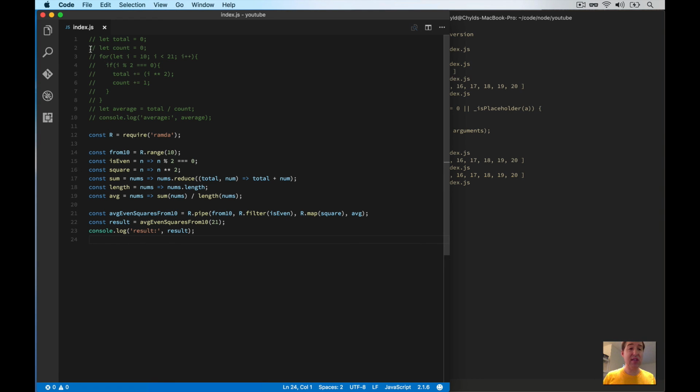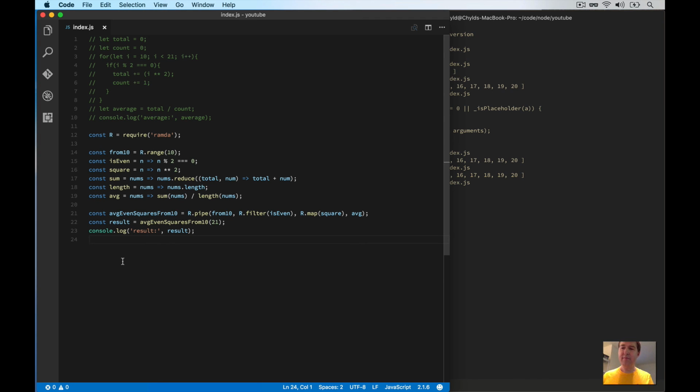Once again, you may see this code from 1 through 10, compare it to this code and say, wow, the code on the bottom looks more complex, and it probably does on first sight. But once again, the code on the bottom is more composable. This isn't composable at all. So this is way more composable. It's more usable, reusable. It's more modular. It's more testable. It's just better all the way around. Yes, there is a little bit more code, but because you can potentially reuse all these functions in different contexts, then